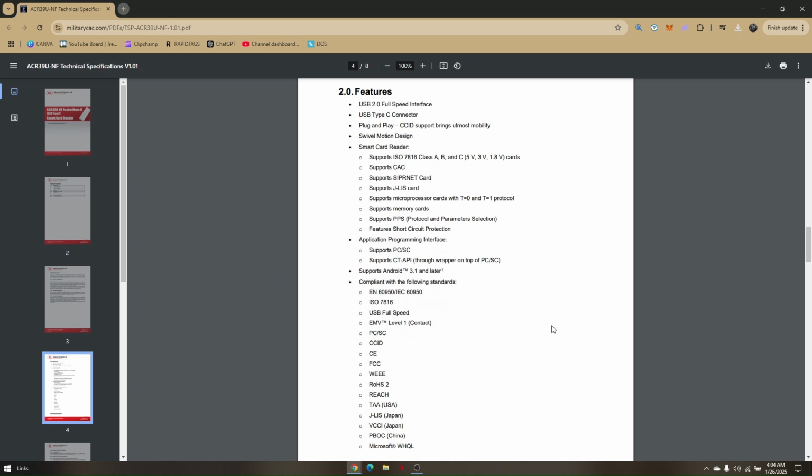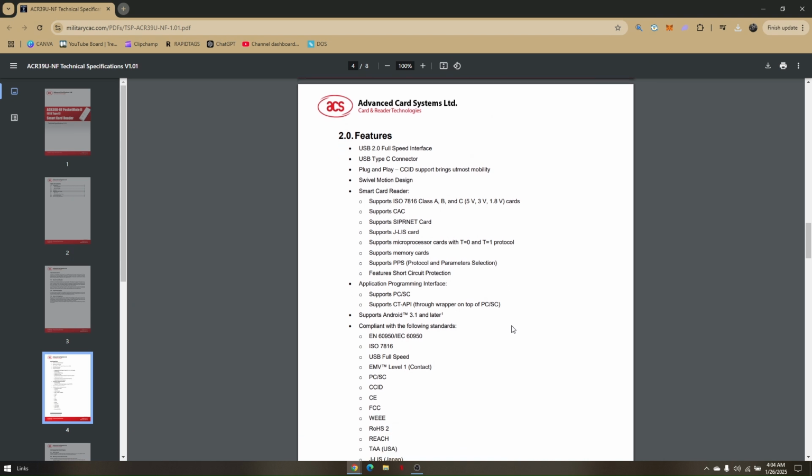How to set up a CAC reader or any CAC reader. So the one that I'm currently looking up right now is actually a PDF file of a random CAC reader. Now, for you to be able to get one and download a PDF file of a specific manual